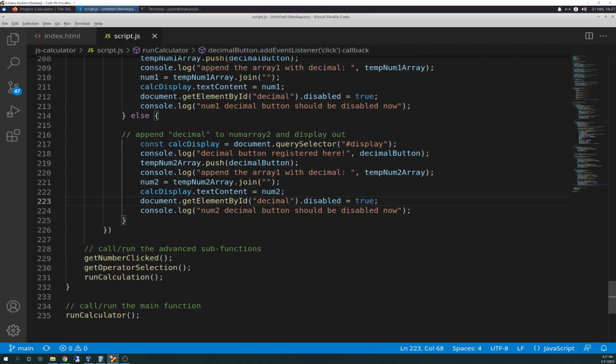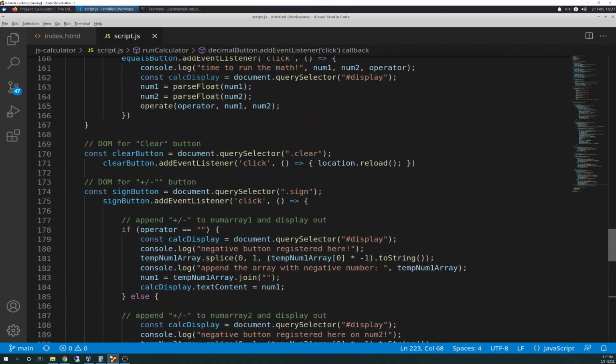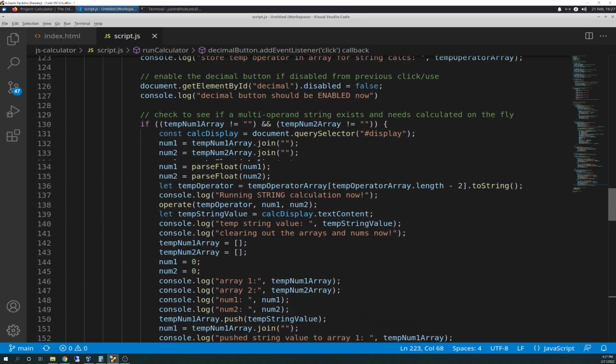And then at the bottom here we have call run the advanced subfunctions. So then we call back numbers clicked, get operator selected, and run calculation. So again, I'm going to back you up a little bit. So if we go up to right here,